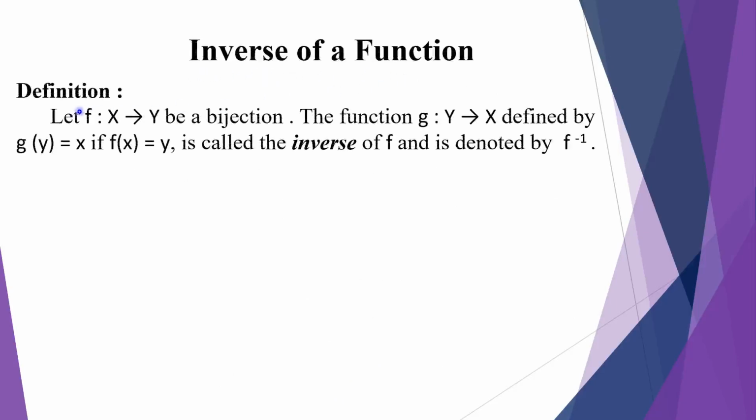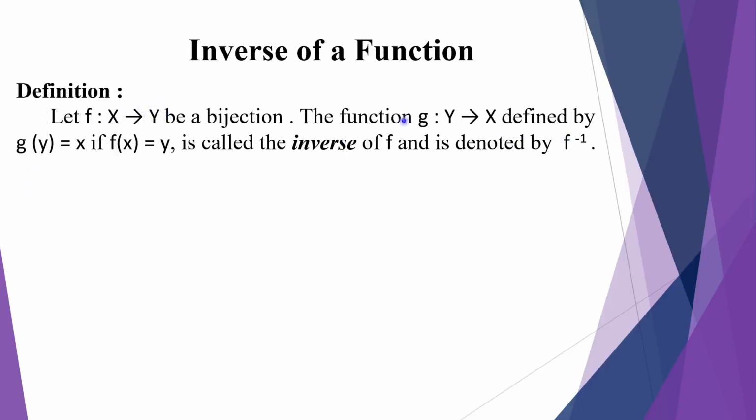Let us see the definition. Let f from x to y be a bijection. So fங்கிற function define பண்ணியிருக்காங்க. அந்த function வந்து bijection function சொல்லியிருக்காங்க. That is both 1 1 and onto. The function g from y to x. So இதை அப்படியே interchange பண்ணாங்க அப்படின்னா that is xங்கிற domain வந்து codomain ஆகும், yங்கிற codomain x ஆகும் change ஆச்சு அப்படின்னா